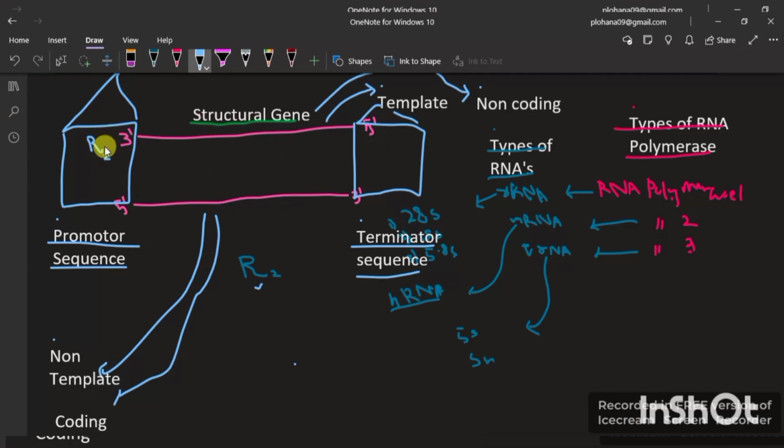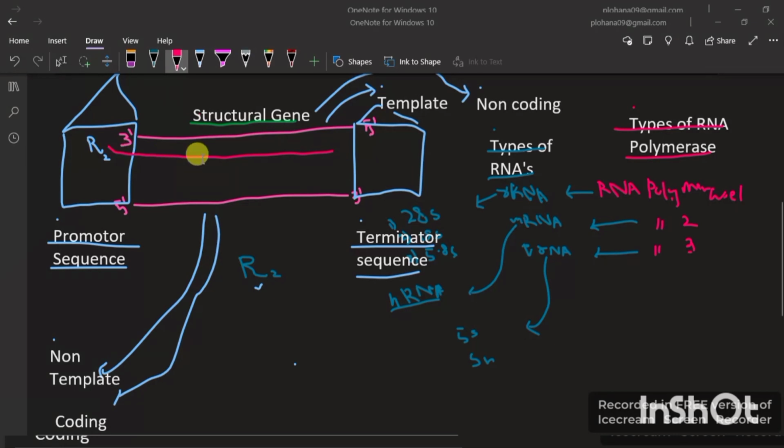Alright, now this RNA polymerase 2 is here. What it will do now? It will start making the nucleotides. Alright, for suppose it is making a strand. As we know that RNA is single strand. Alright, if both template and non-template strands make the RNAs, then there would be more than one type of RNA. Alright, if there would be more types of RNAs, that means that would not form protein, because that would be complementary strand of the RNA. That would be double stranded. Alright, so we know that double stranded RNA would not make protein at all.